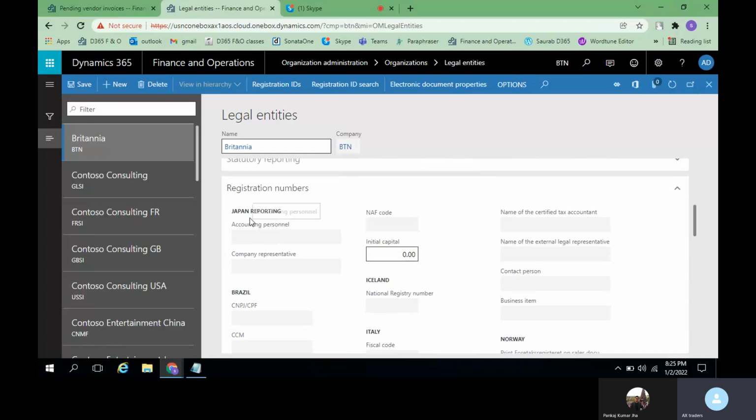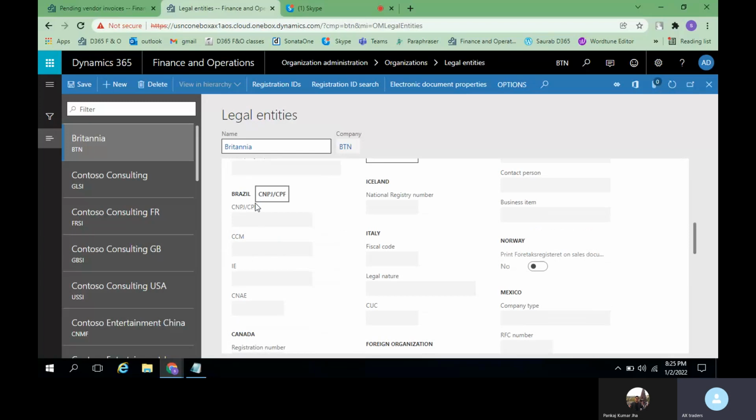If you are working for a Japan company, let us assume in Japan, accounting personnel and company representative might be compulsory, or they might have given details. That is why these two fields are enabled. If you are working for a Brazil client, maybe in Brazil they might have given these details from the government, like CNPJ, CCM, and all.